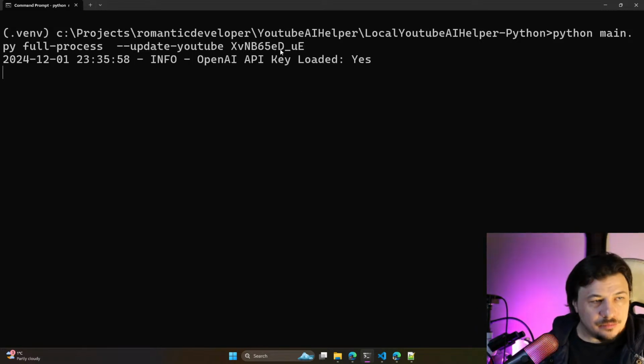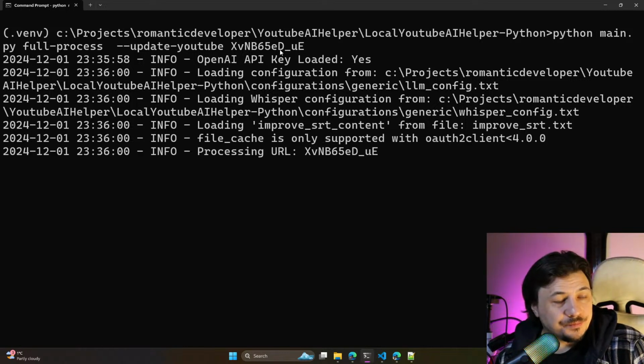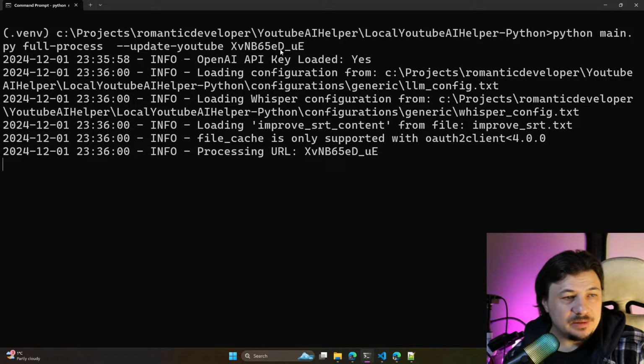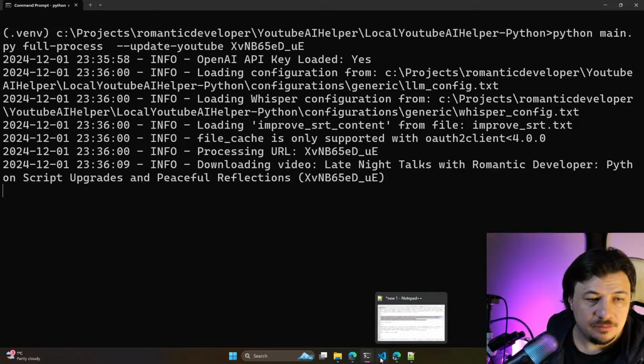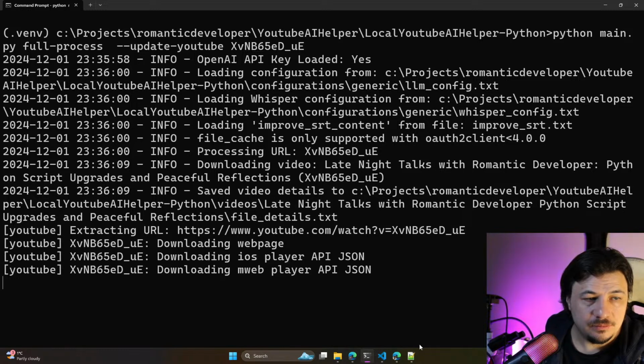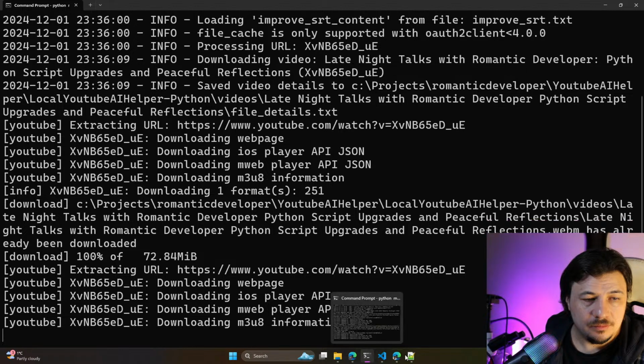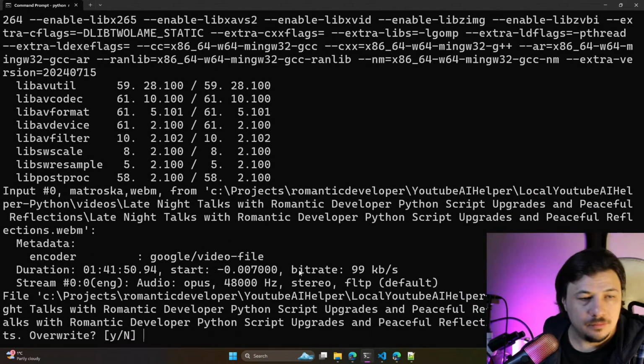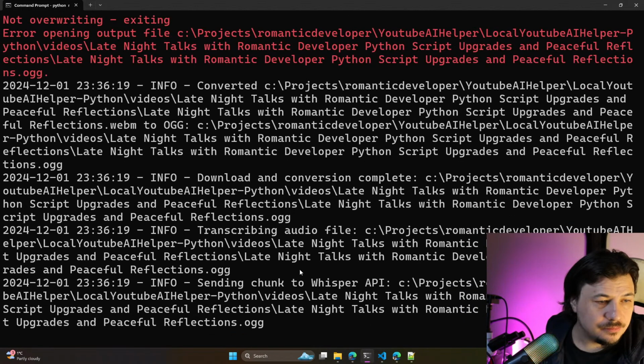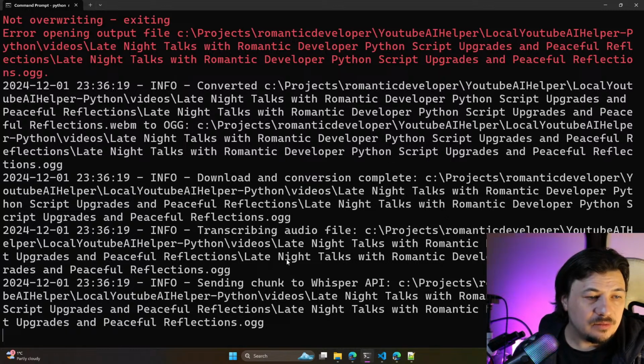It shouldn't download it, because it should be already downloaded. No. But we are still sending chunks to the Whisper API. Okay, let's try this way.